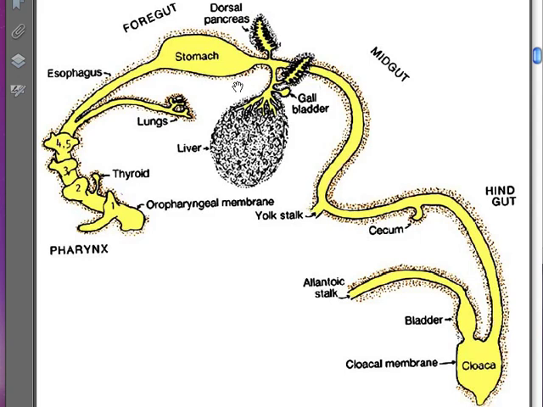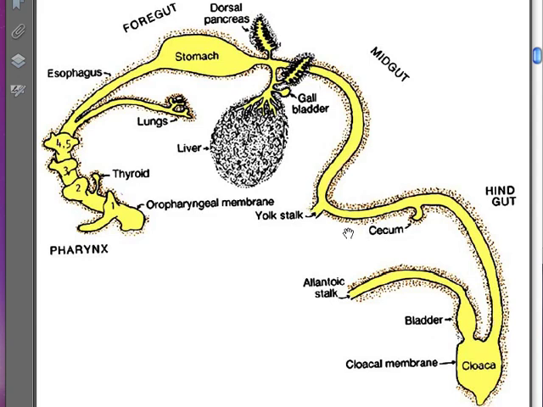The midgut forms a loop centered at the attachment of the yolk sac. A cecum is growing out from the caudal limb of that loop. The hindgut ends in a cloaca from which the urinary bladder and allantoic stalk are emerging. The cavity of the gut is colored yellow. The lining of the cavity is formed by endoderm, and splanchnic mesoderm surrounding the endoderm becomes smooth muscle and connective